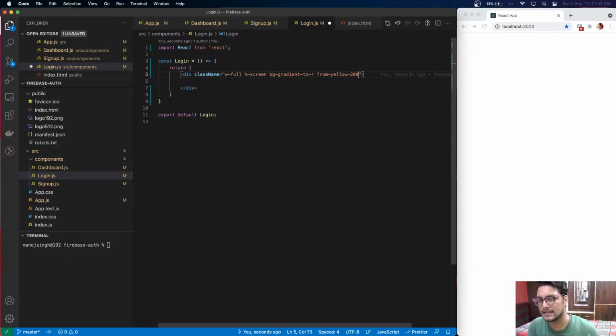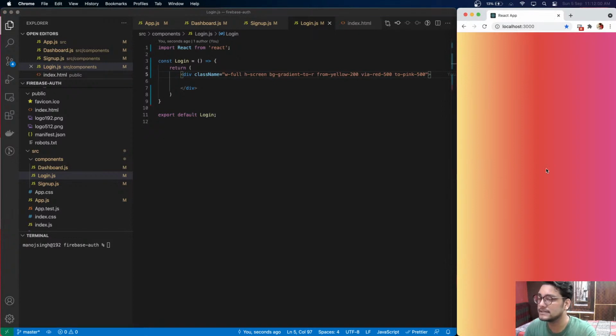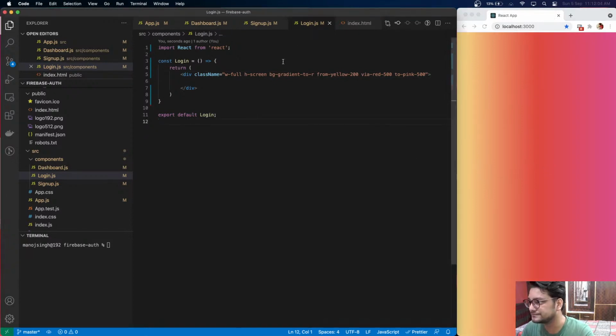For example, 100 will be the lightest, and then 500 and 600 will be the darkest. So from yellow 200, then we define the second color, via red 500, to pink 500. Let's see how that goes. You can see the gradient. It's that easy